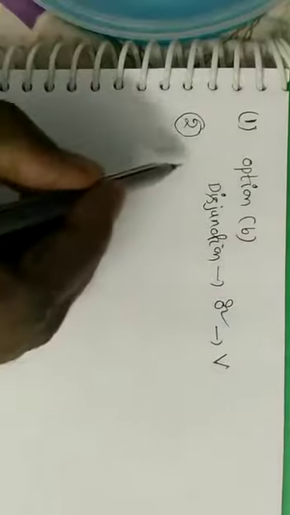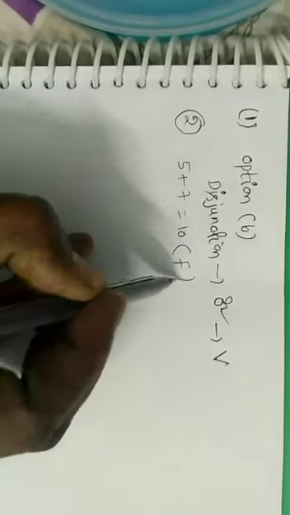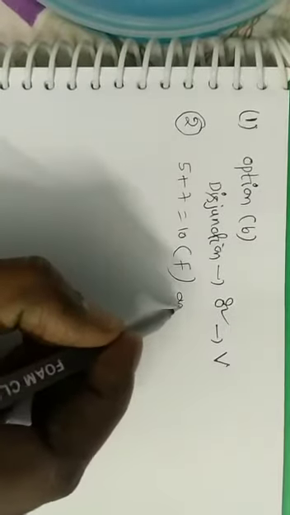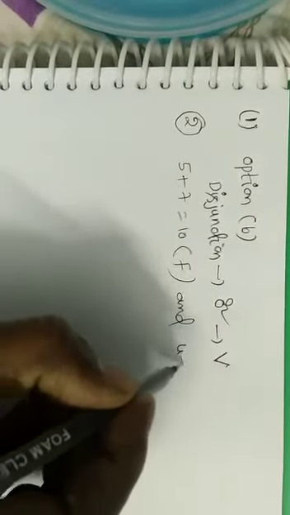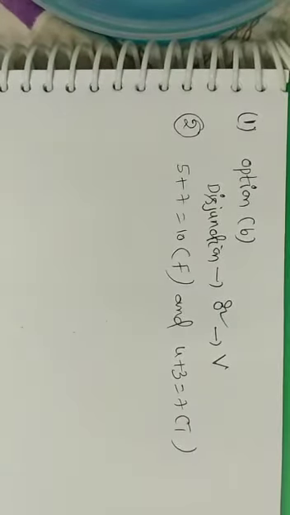5 plus 7 is equal to 10. It is false, 5 plus 7 is equal to 10 is false. And 4 plus 3 is equal to 7 is true. Write the statement using the appropriate connective. If you use the option verification method, the first option has the R symbol, which is a wrong answer.